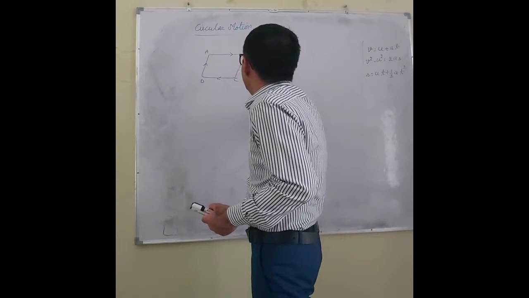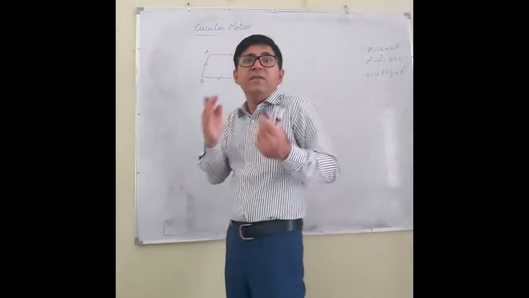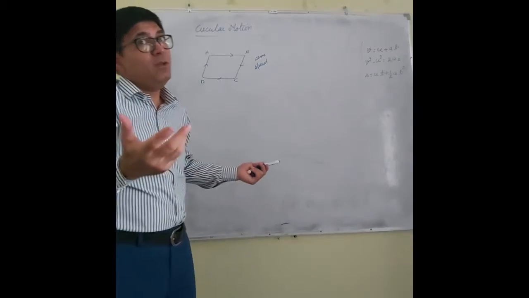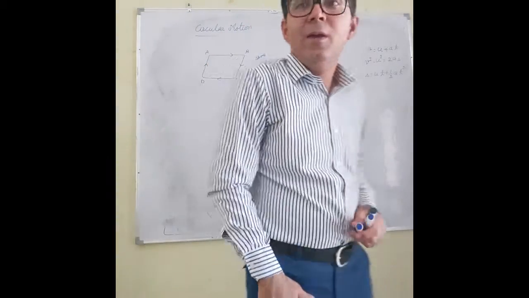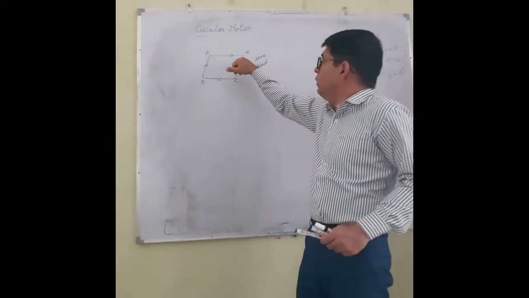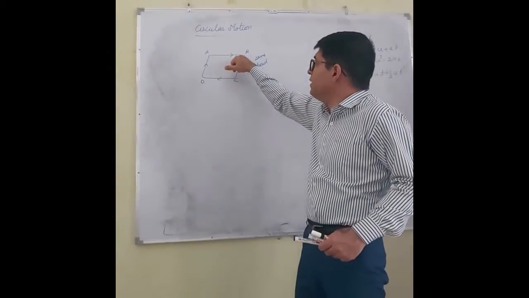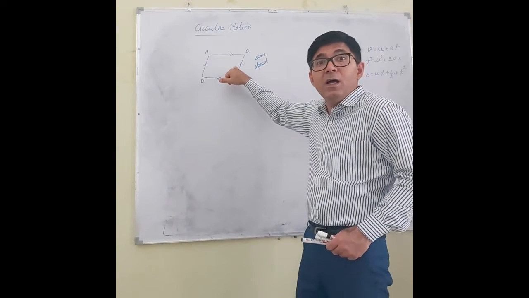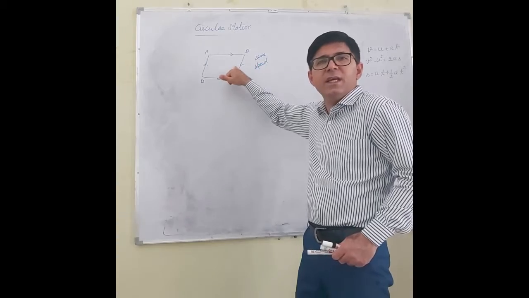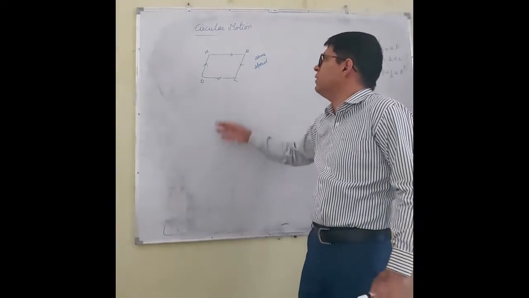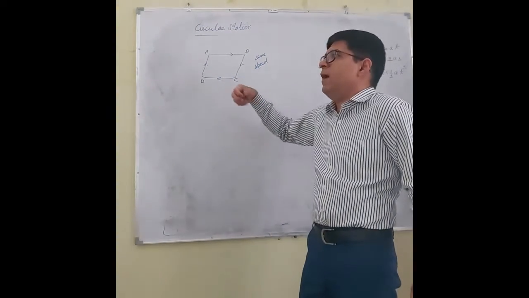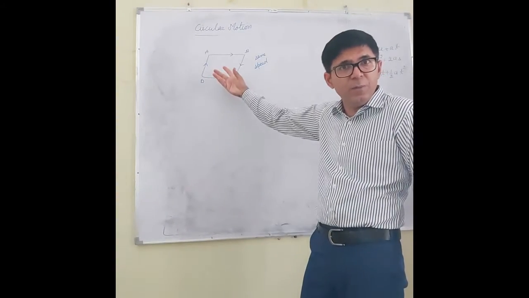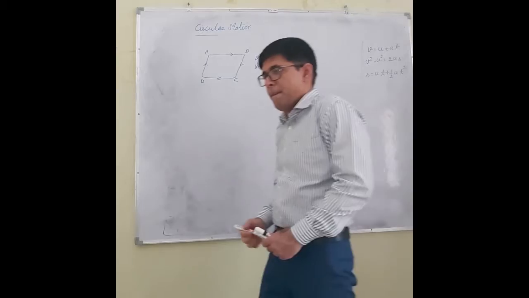My question is, is this uniform motion? Answer is no. Why? Because although speed is remaining the same, at the point B, what is happening? There is a change in the direction of velocity. There is a change in the direction of motion. So this motion is a non-uniform motion, though the body is moving with the same speed, due to change in direction.